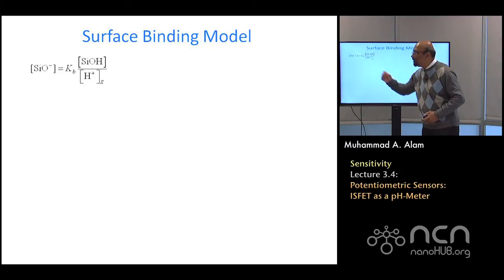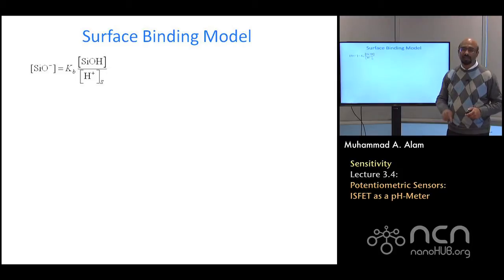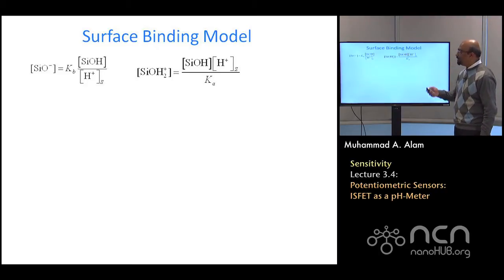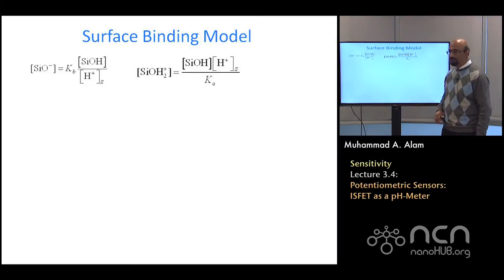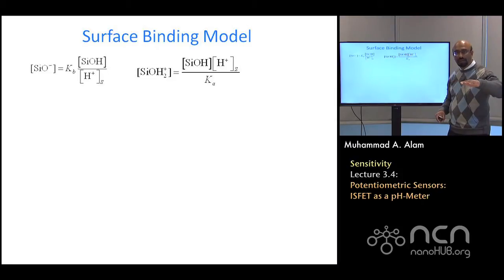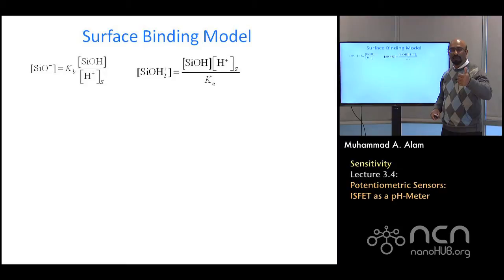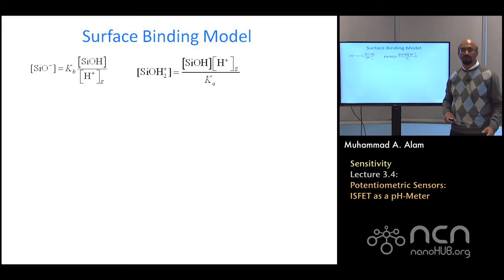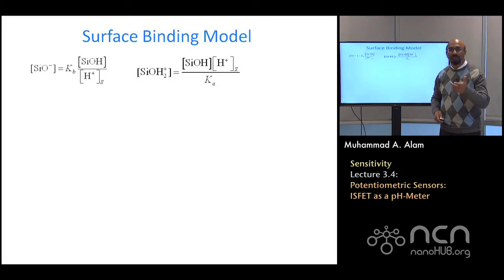I know Kb, so I know how many negative charges are on the surface. Just put a few numbers in the calculator, and I know how many negative charges there will be on the surface. Similarly, after protonation, you can calculate how many positive charges you have on the surface, because H plus will come from pH. This is already known, a property of the oxide itself. Aluminum oxide may have a different value compared to silicon dioxide, compared to hafnium oxide, for different insulators. And Ka is also a material parameter that is measured.